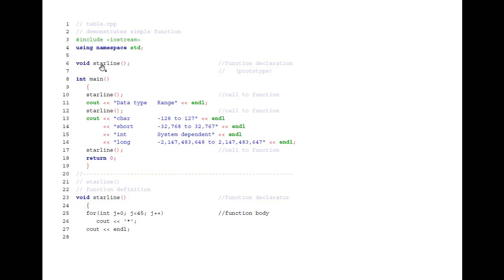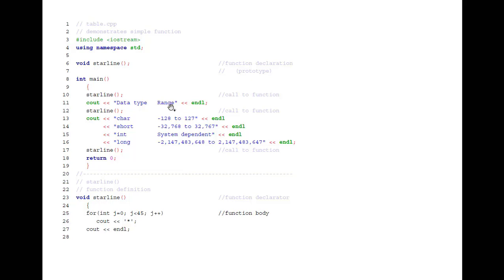Now whenever you want to use a function, step 1 is you declare it, right? And once you declare it, then you can use it in the main program body. Within the main program body, you only write the name of the function, and then you give two small parentheses and then a semicolon. Now right here is the cout statement,